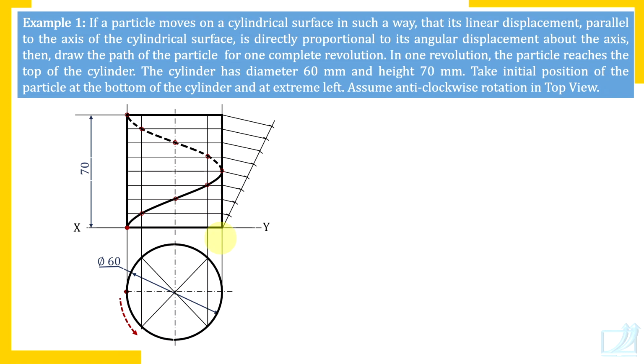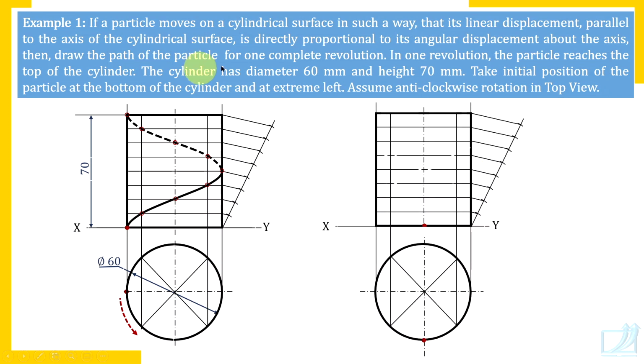Now, what are the variations in the problem? So, one is initial position. Second, direction of rotation. So, if initial position is other than this, then what it can be? Try to understand. Now, we are not solving this problem, it's general discussion. Here, initial position I have taken at the front. All other details are same.